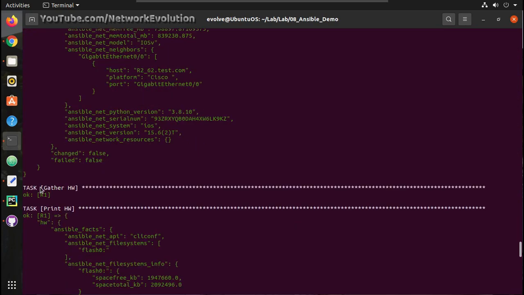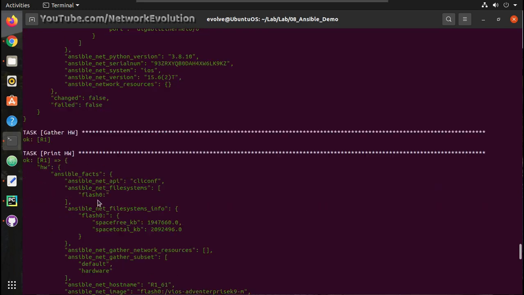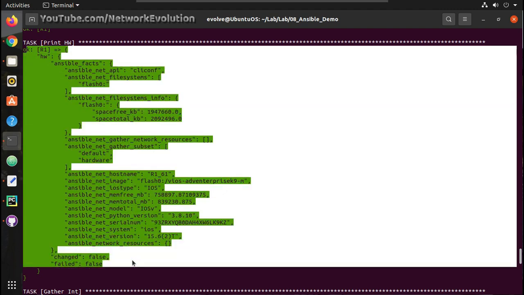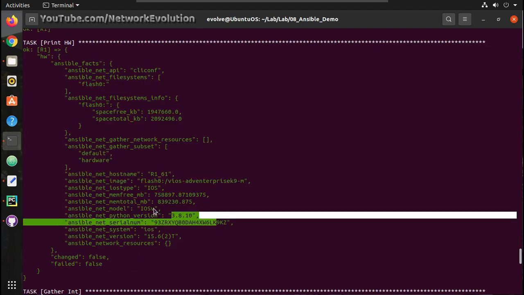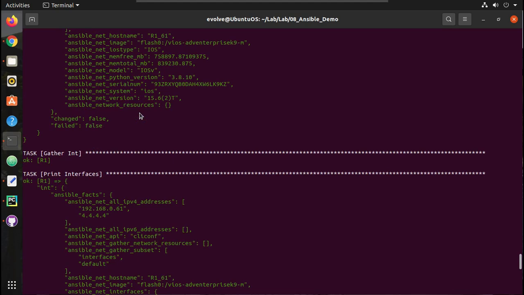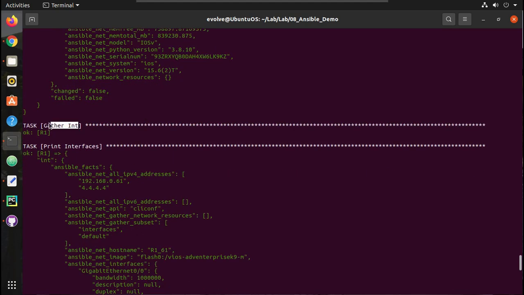Then we are gathering the hardware details, printing the hardware details. You can see Ansible automatically fetched all the hardware details here. We can see serial number, the model, and memory and other details, and it is gathering the interface.